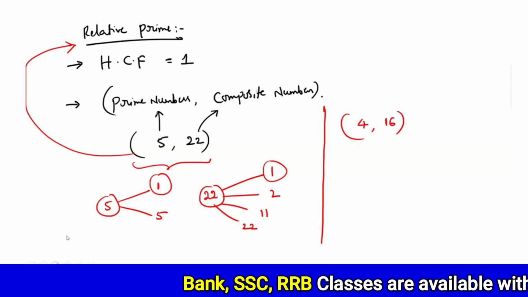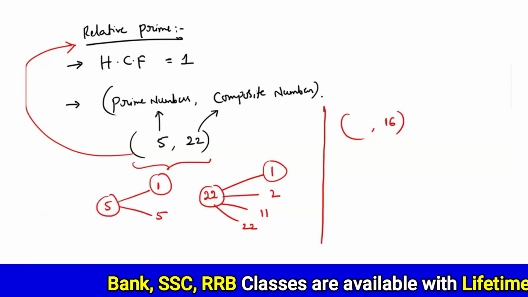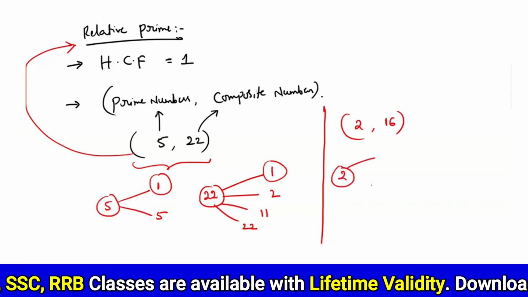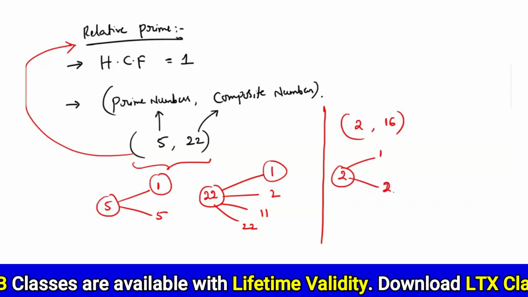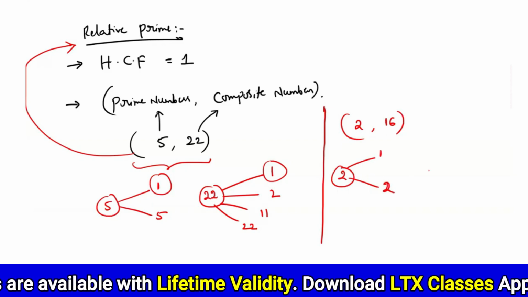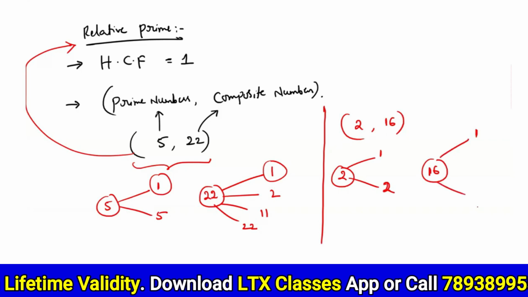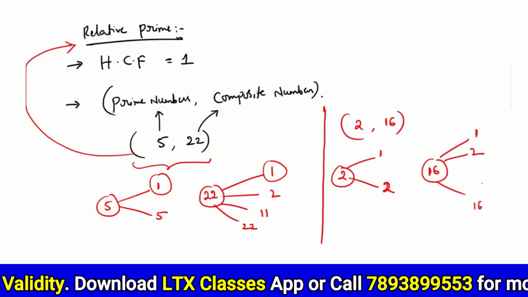Okay. Or else we will do one thing. We will take 2 and 16. Regarding 2, the factors are what? 1 and 2. We know that 2 is a prime number. But regarding 16, what are the factors? It is 1, 16, 2, 8,